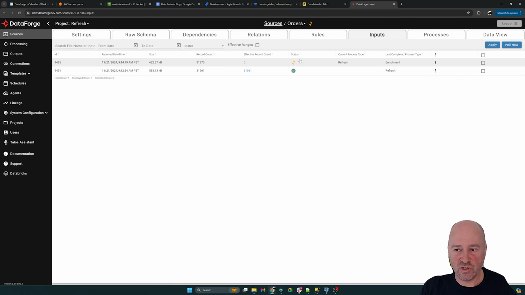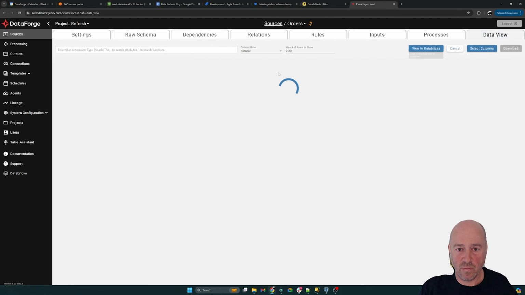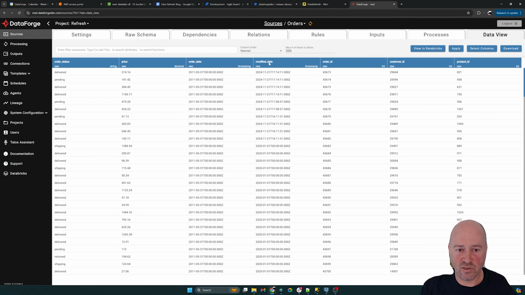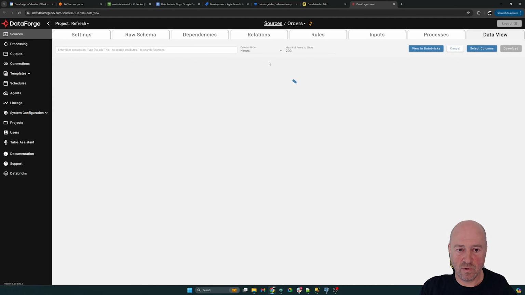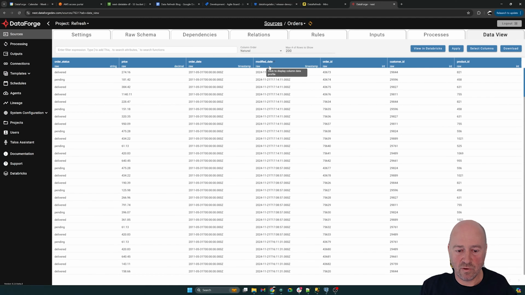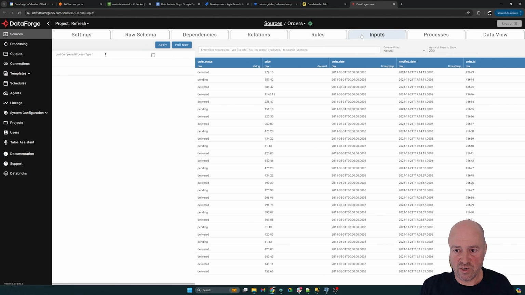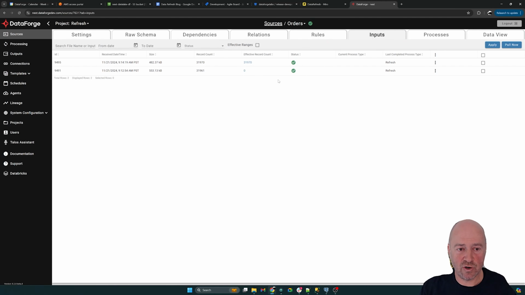Once it finishes, we're going to go to the data view and look at the data. If I sort on modified date, you can see these are the 14 rows which I just changed. They're sitting right here at the top. Okay, so pretty straightforward. What you can do here though is you can go back to the previous versions,